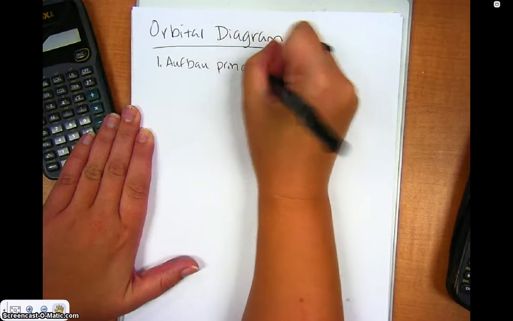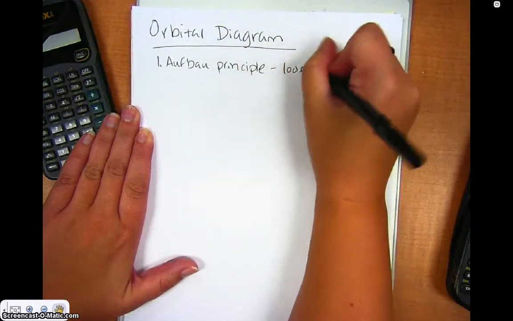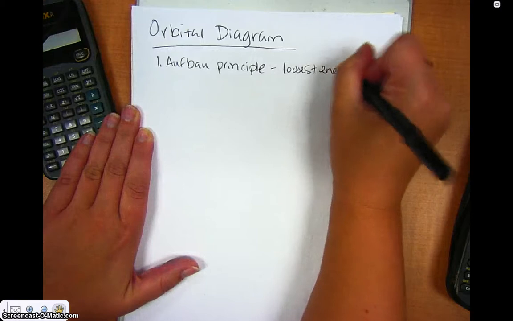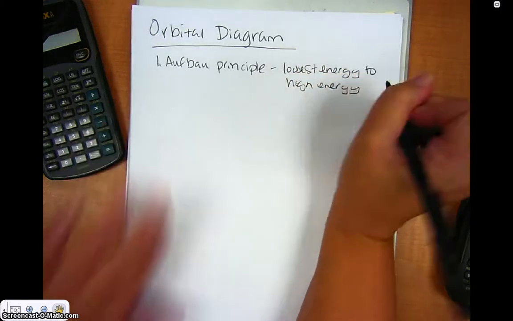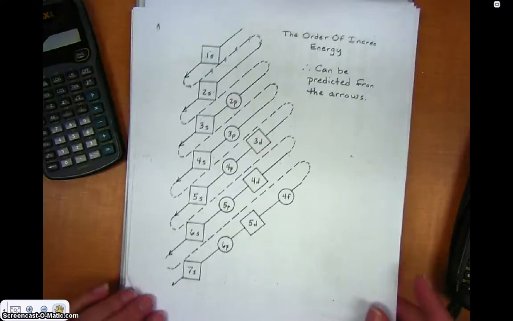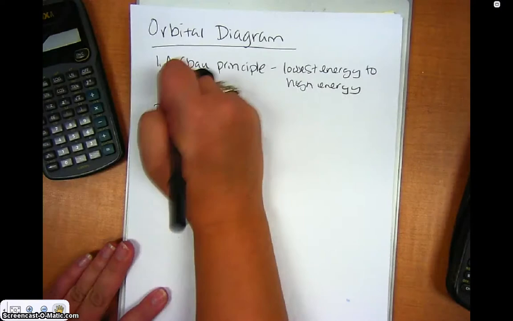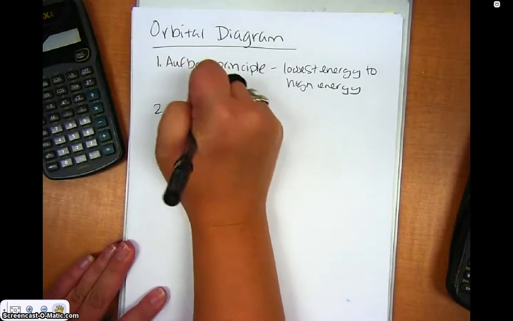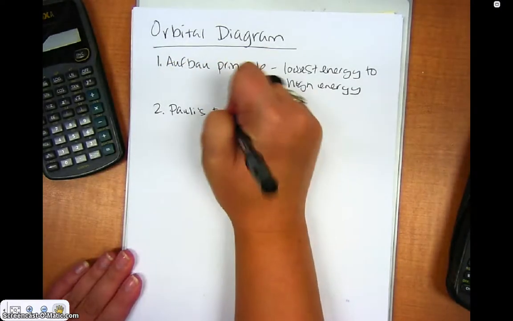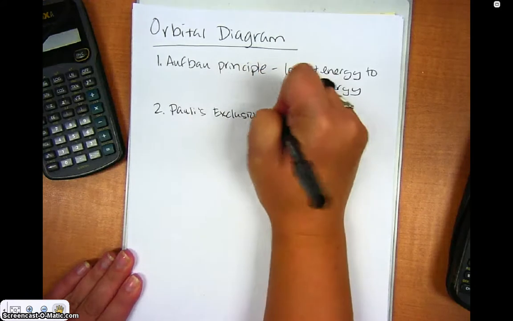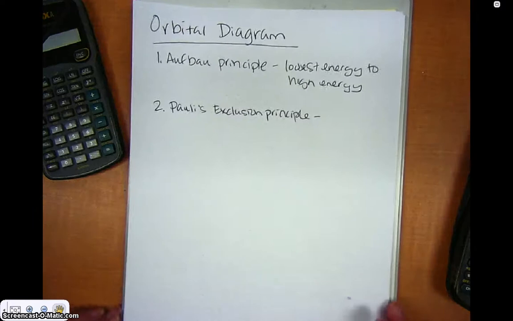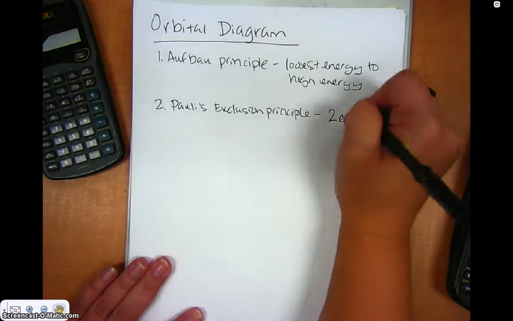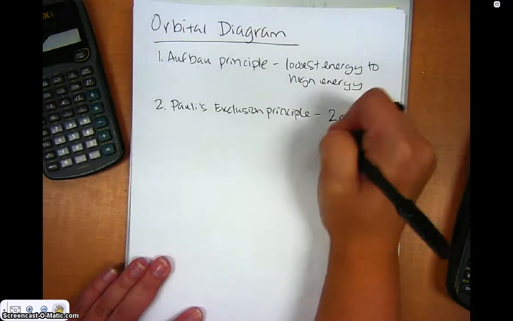which was the order of fill. So lowest energy to high energy is the order. And we're going to use this sheet to sort of remember the order for now. Now, the second was Pauli's exclusion principle. Okay, and with Pauli's exclusion principle, remember that was only 2 electrons per orbital, and they have opposite